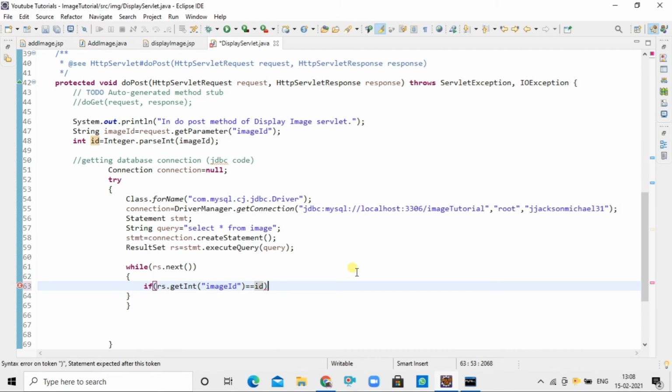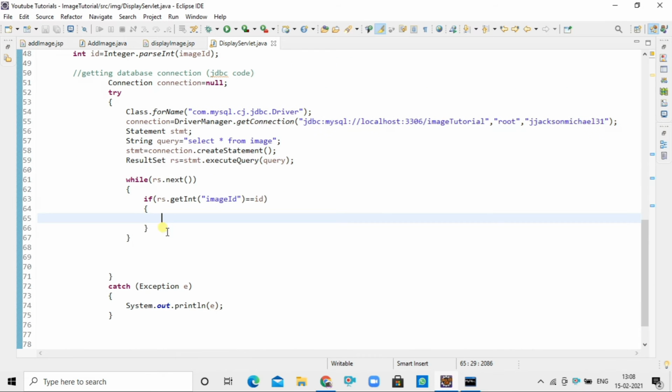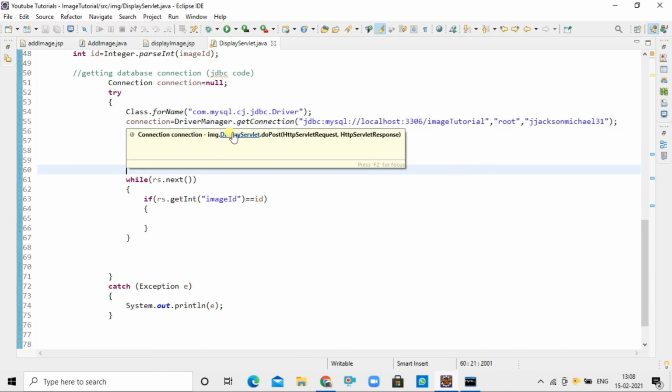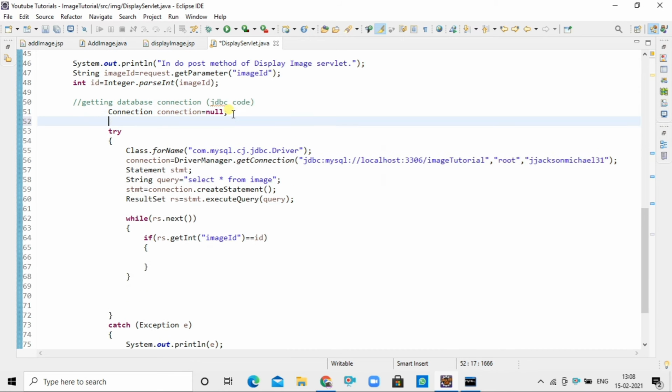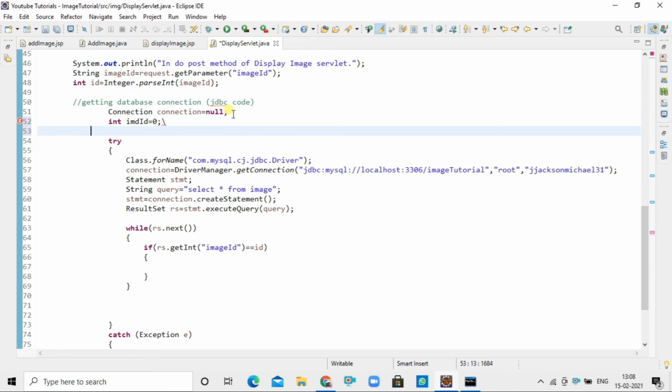For getting the corresponding image ID, I will use the getInt method, and for image file name, I will use the getString method. Here I am creating int variable img id and string img file name for storing the fetched image ID and image file name respectively from the database.